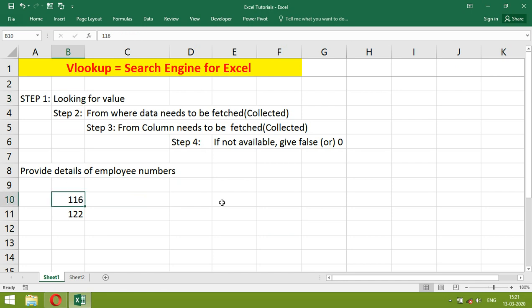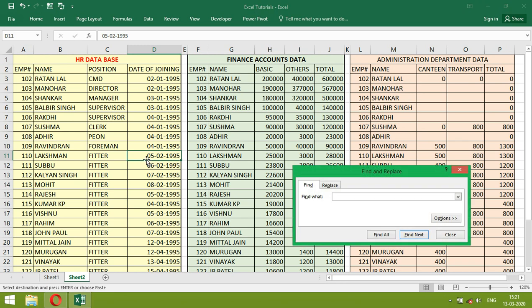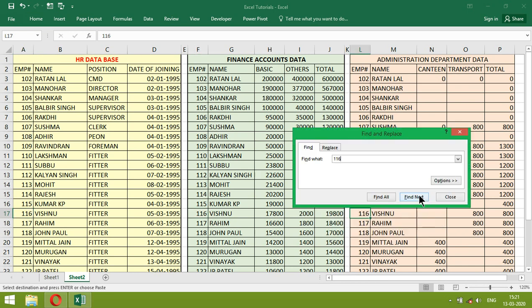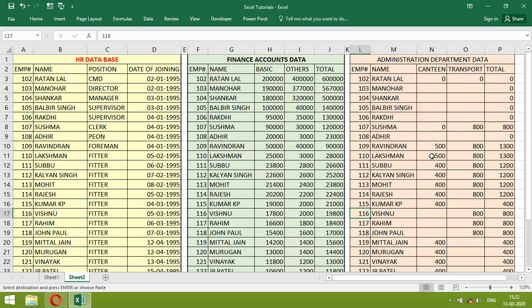We have to search. This is the HR database. This is the finance database. This is the administration database. So we will see whether it is available in the entire database. It is available in the HR database, then finance, then administration. Okay, now it means our VLOOKUP will work fine.